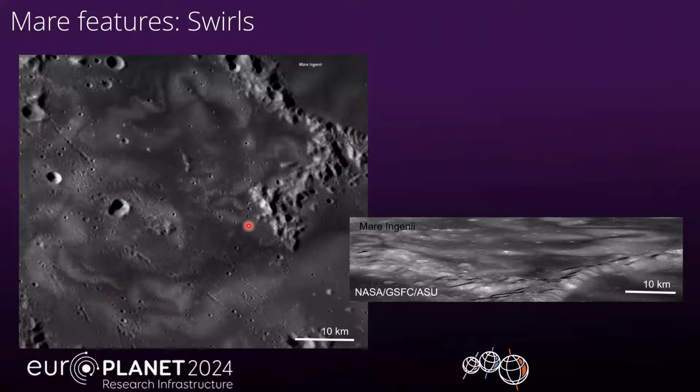So yeah, here we have an oblique view of Mare Ingenii, which is our study area for today. And you can see that we're going to encounter some of these swirls in our work. Okay, finally,